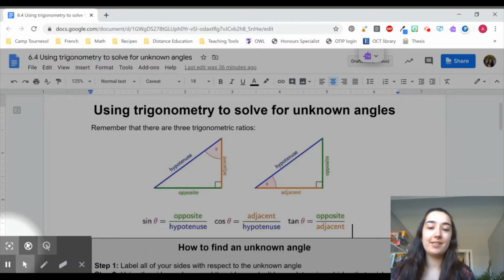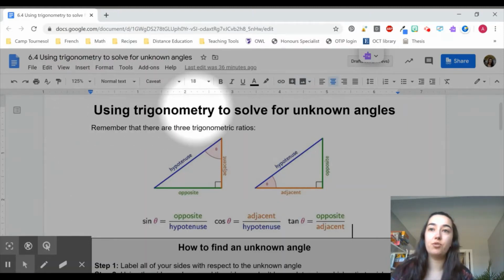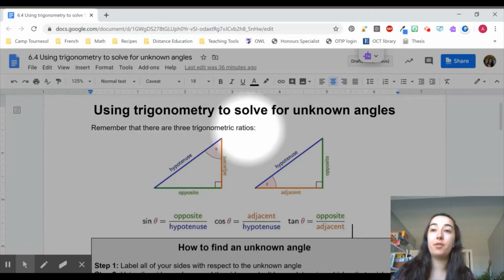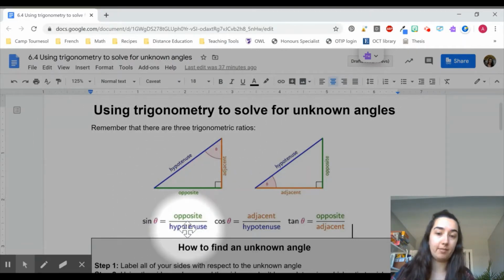Hey everyone, in today's lesson we're going to talk about how to use trigonometry to solve for unknown angles. So that's a little bit different. In the previous lesson you saw how to solve for an unknown side, and so today we're going to talk about angles exclusively. Let's remember that there are three trigonometric ratios: sine, which is opposite divided by hypotenuse; cosine, which